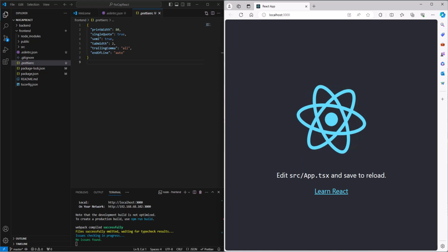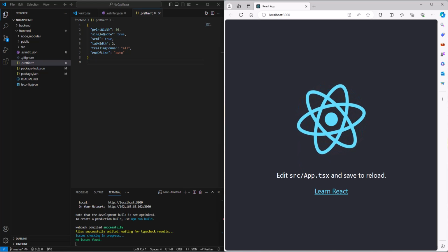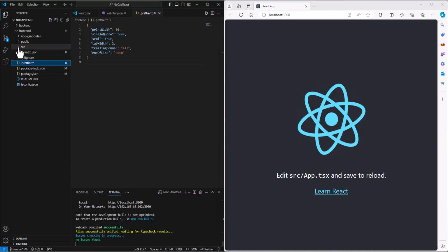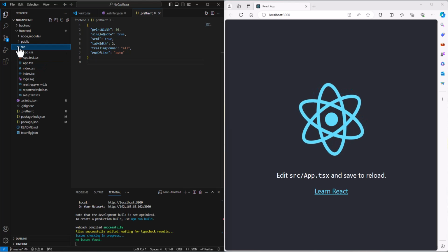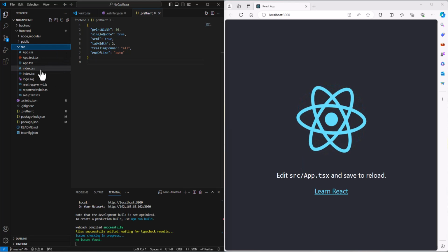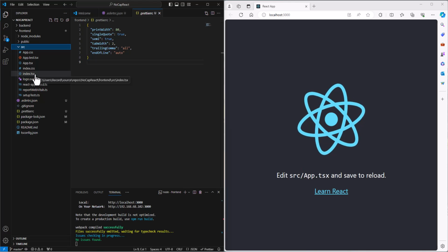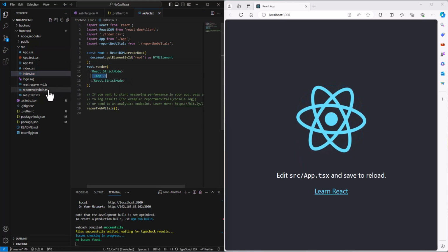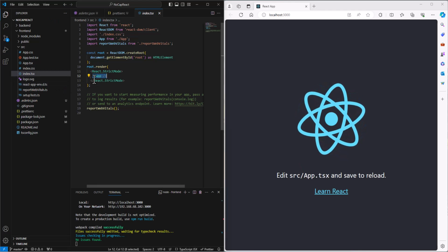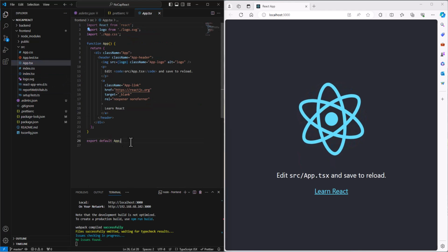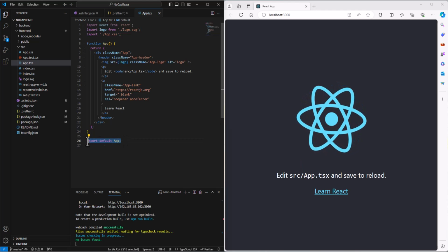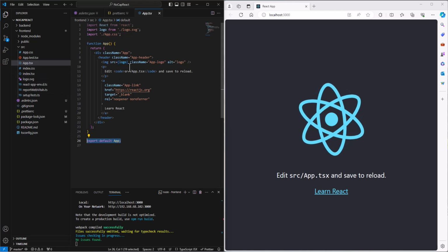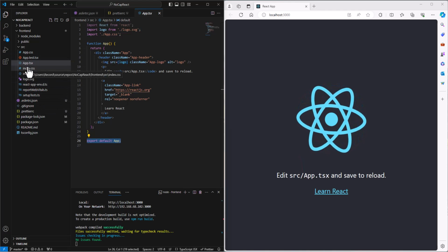What next? Let's see. Well, just to review, we go back into our source folder, and in the source folder we have our index.tsx file, which is referring to this app tsx. Notice it doesn't have the extension on there. That it's translated by this little statement at the bottom. We're exporting the default app out, and that's what turns it into a little tag after we built this function. So app becomes a little